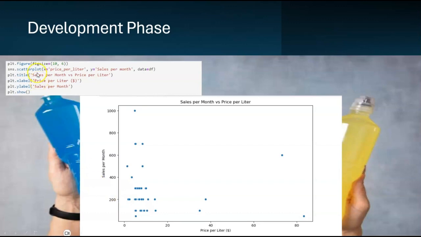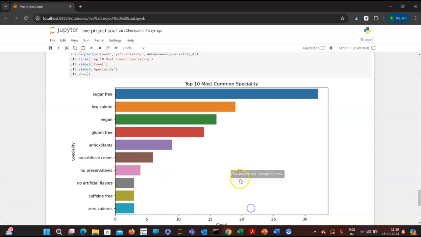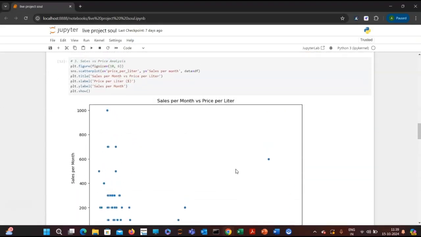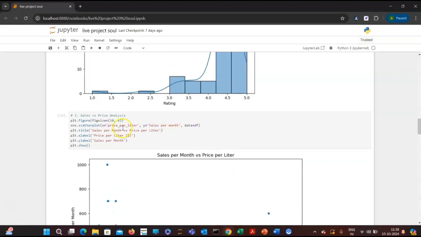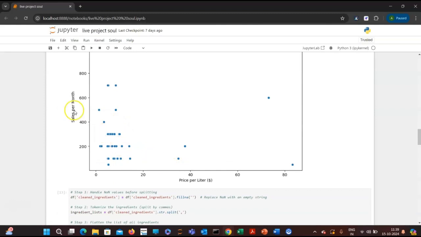And here is the Jupyter notebook that we used to draw the scatter plot of price per liter and sales per month.